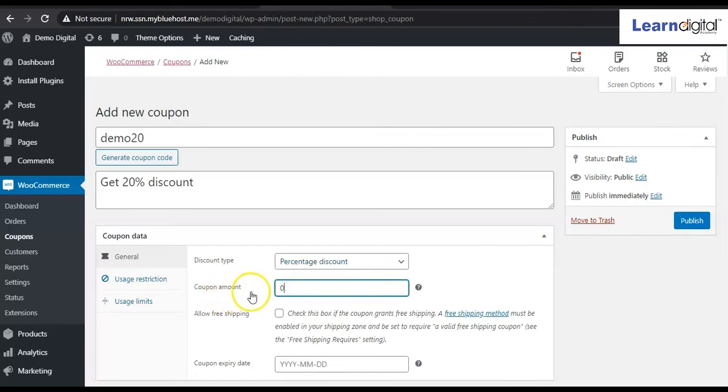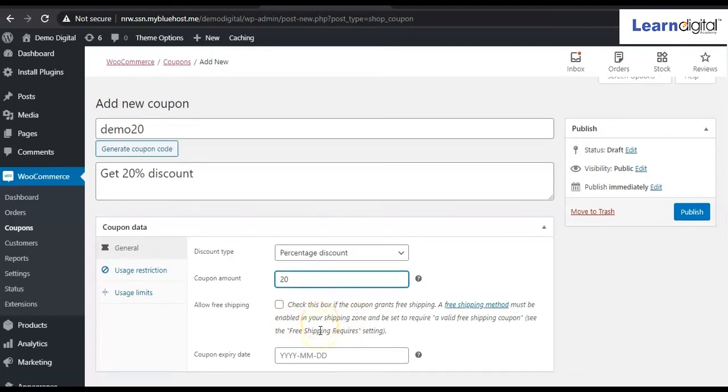Now next, coupon amount. Here simply you have to type the coupon amount, 20, right? Why 20? Because we are providing a percentage-based discount. Here you can see the same figure, you have to take it over here. Now the other option it is asking: check this box if the coupon grants free shipping. It must be enabled in your shipping zone, and it is up to you.